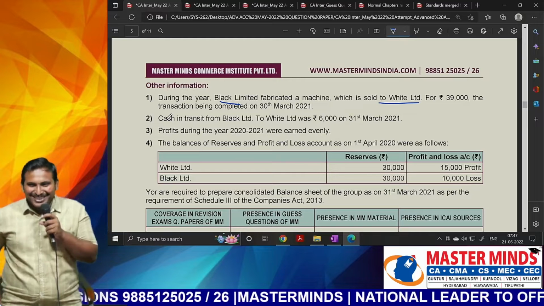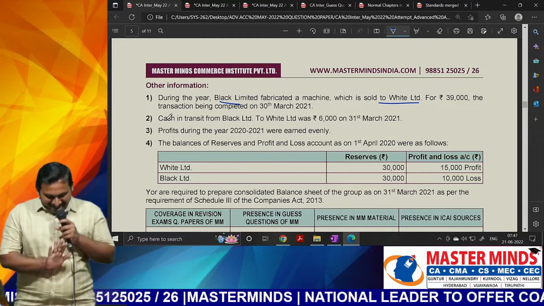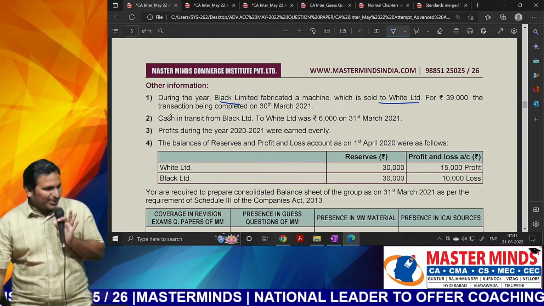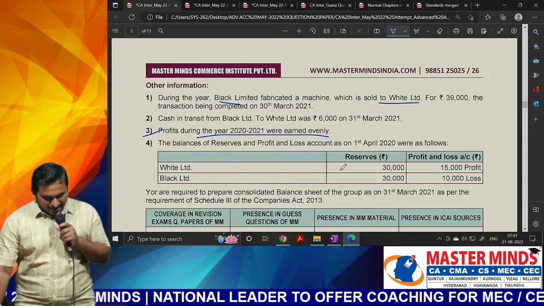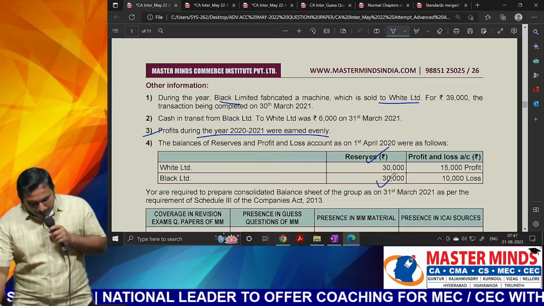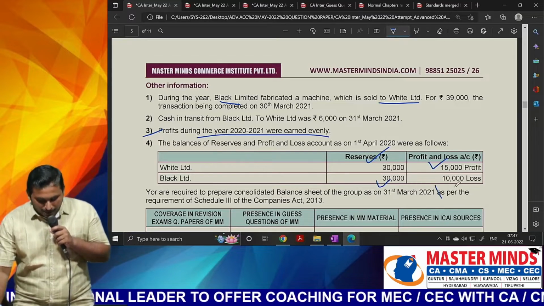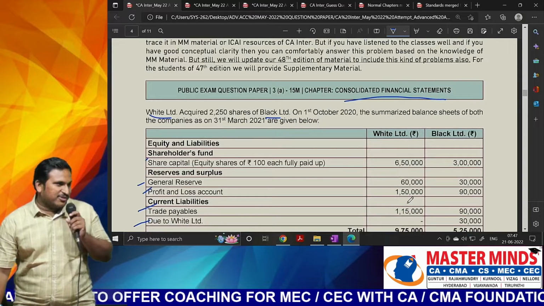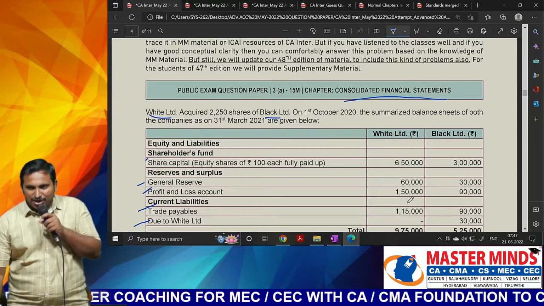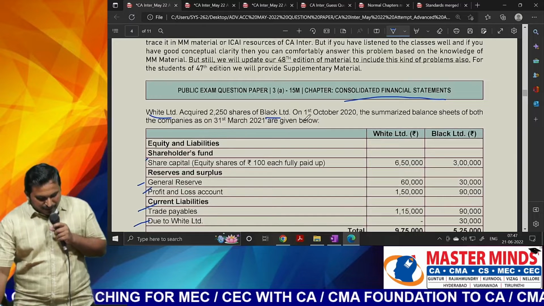So you may treat it in the other way. But leaving that point, let me show you what information is in the other. Profits were earned evenly. Then they have given opening reserves and opening profit or loss also. Now, what is the date of acquisition? In every question we analyze date of acquisition and date of consolidation. So, date of acquisition is